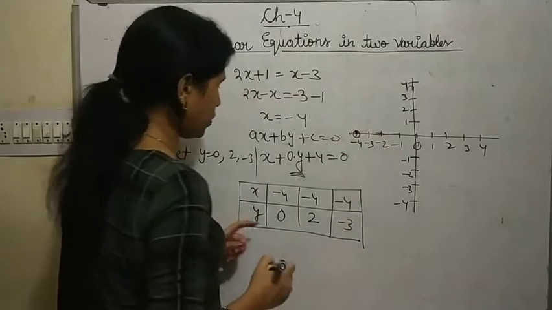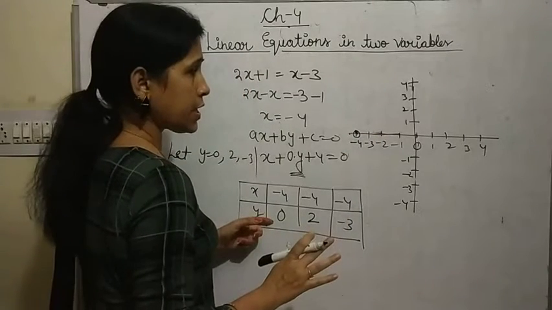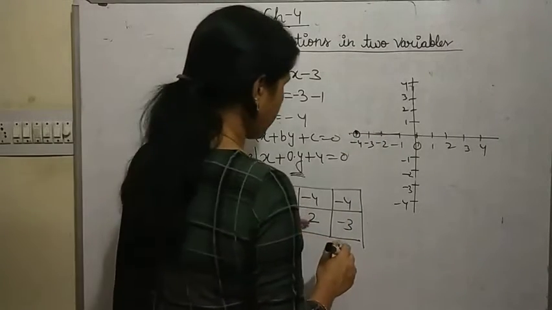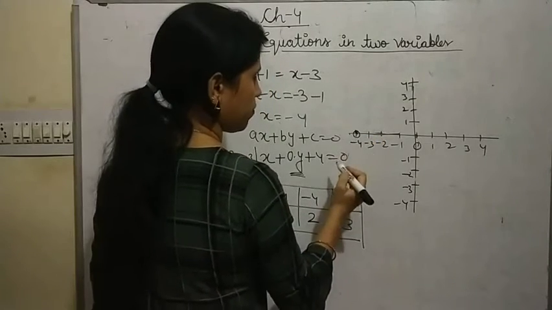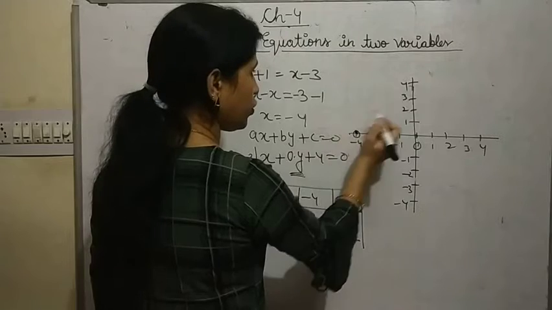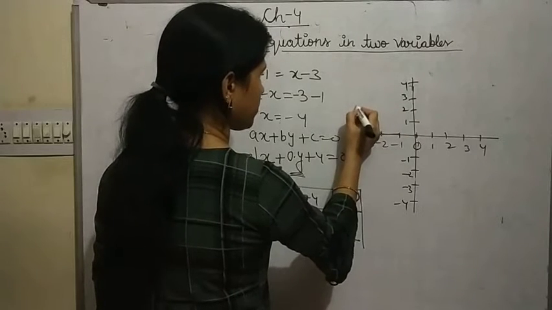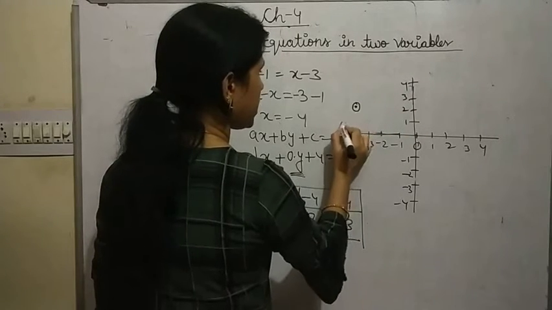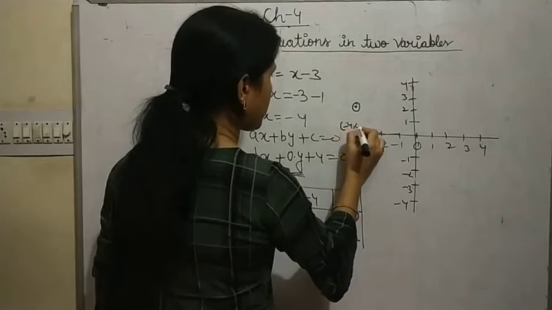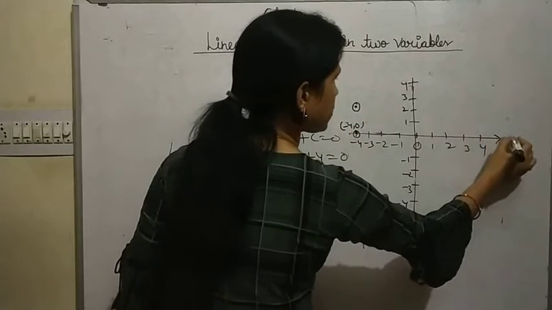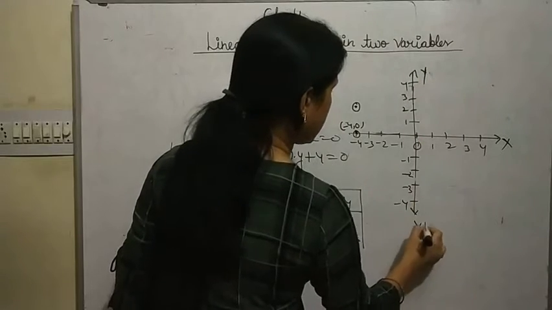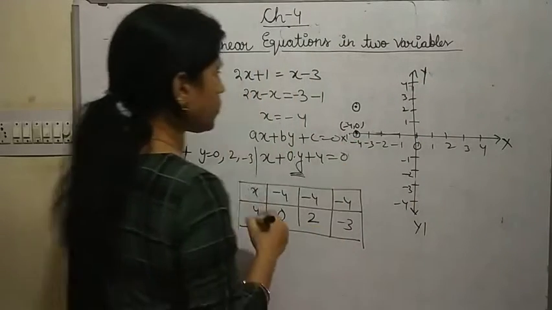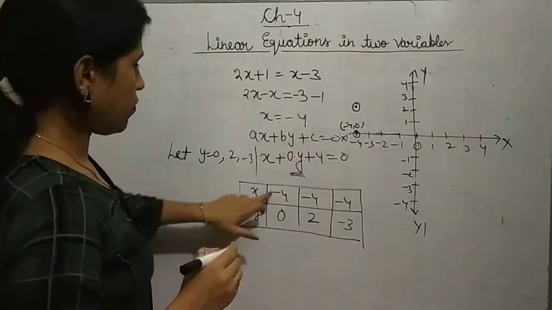So here it will be minus 4 comma 0. It has come. Now minus 4 comma 2 means x value is minus 4, minus 4 will be there, and y value will be 2, means here it will come. It is minus 4 comma 0. This is your x-axis, sorry, this is the x-axis and this is the y-axis. Y dash and this is your x dash. So here we have done.